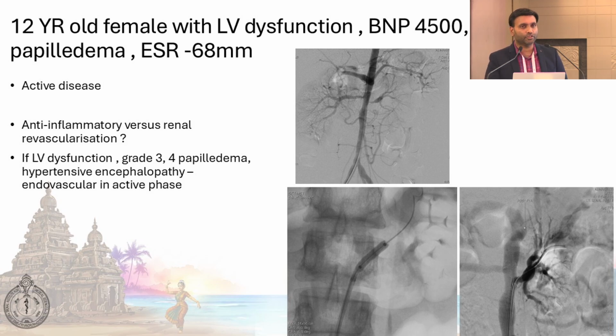We can start angioplasty, and you don't have to maintain the angiographic integrity. You just have to use small balloons, 2 or 3 millimeter balloons, and just drop the gradient, maybe to less than 15 or 10. That's the end point. You do not have to have a complete, nice angiographic picture in this patient. If you do that, the patient will recover, the LV dysfunction will improve, and you can start the patient on steroids later.